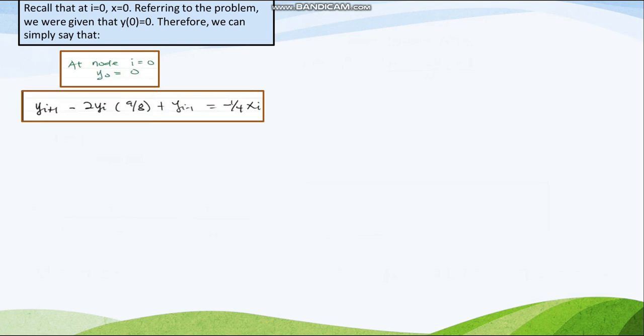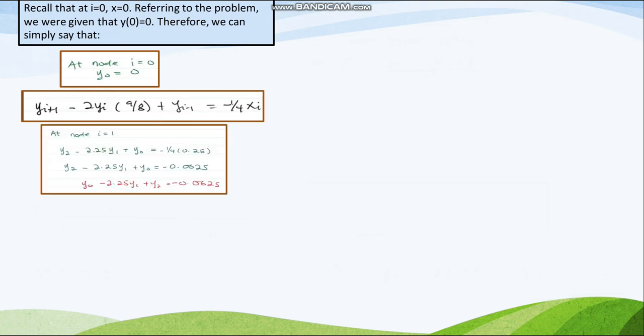Next is i equals 1. We substitute this value of i into the last equation that we obtained, and we will get y sub 2 minus 2.25 y sub 1 plus y sub 0 is equal to negative 1/4 times 0.25. Simplifying this, we get y sub 2 minus 2.25 y sub 1 plus y sub 0 equals negative 0.0625. Simplifying this further, we get y sub 0 minus 2.25 y sub 1 plus y sub 2 is equal to negative